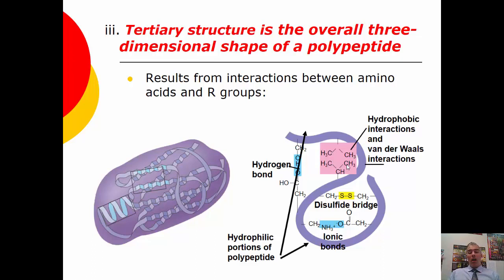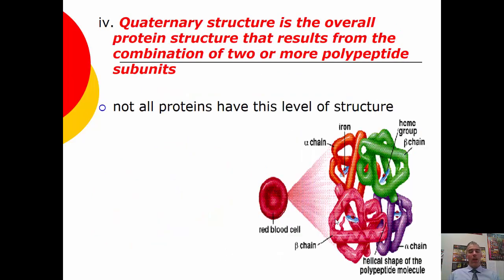So remember, all important things in life boil down to hydrophobic, hydrophilic, likes dissolve likes, right? And opposites attract, and that's true within proteins especially. You can see hydrogen bonding. So the order of the amino acids determines how the protein folds because of these interactions between different R groups with different characteristics on individual amino acids. Quaternary structure then, we'll look at the overall protein structure when we have multiple subunits or multiple polypeptides that are put together to do an individual function.